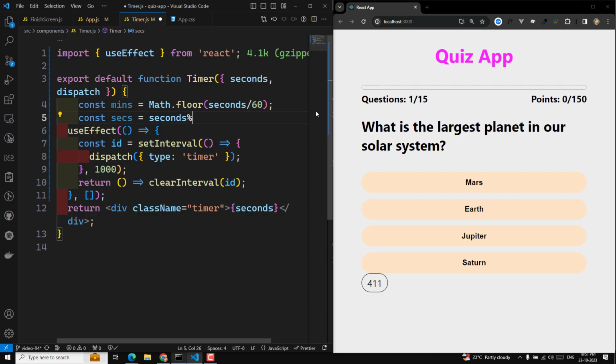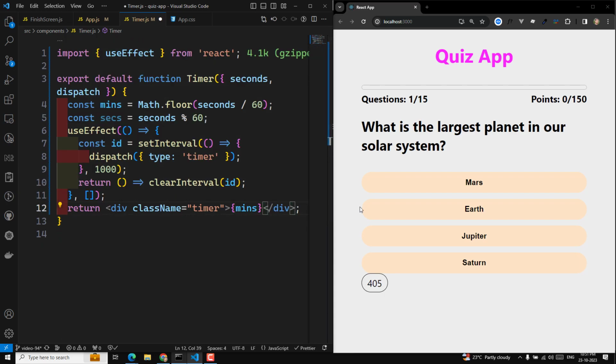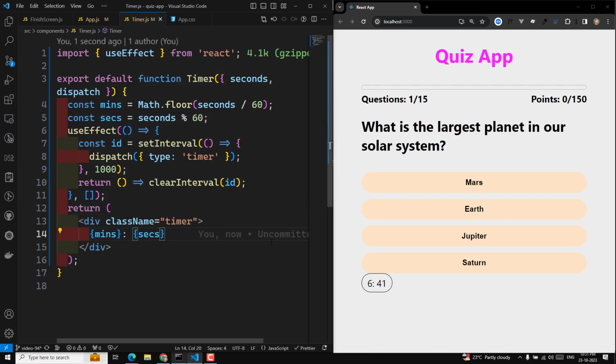So for the remainder, we need to get 60, that's it. So these are the two things, and here instead of showing it like this, I can show the minutes and I can show the seconds also. That's it. Now if you are having 06 like that, if you want to show it, I can write it in such a way that